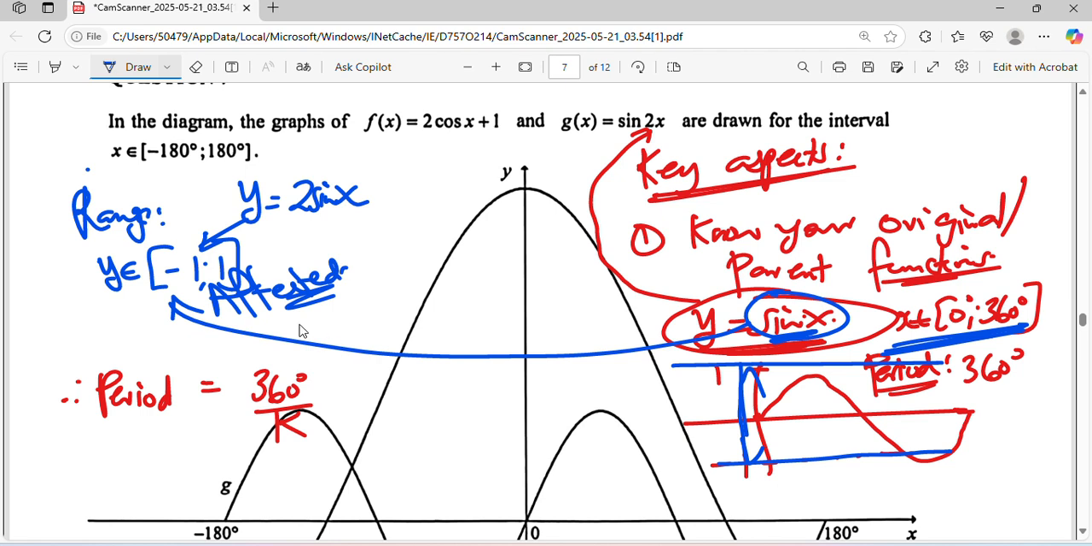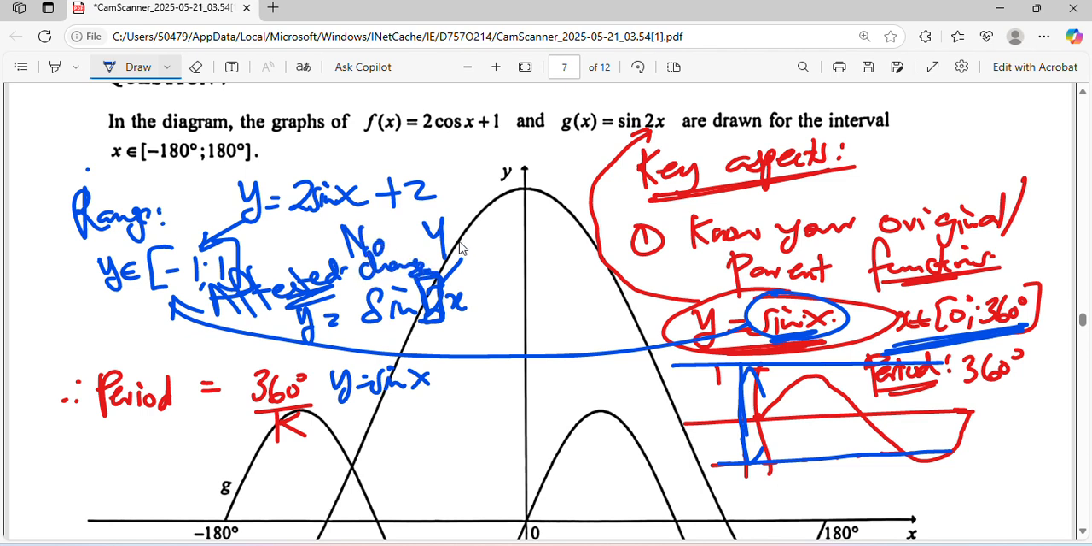So you must take into consideration the smallest details and know your features. If I add a 2 now, I have changed my range also. The range has been affected. But changes in x, when I say y is equals to sine 2x and y is equals to sine x, this is a change in the period. It doesn't change anything about the y value. So there's no change in the y values, meaning that anything that affects the x does not change my range,